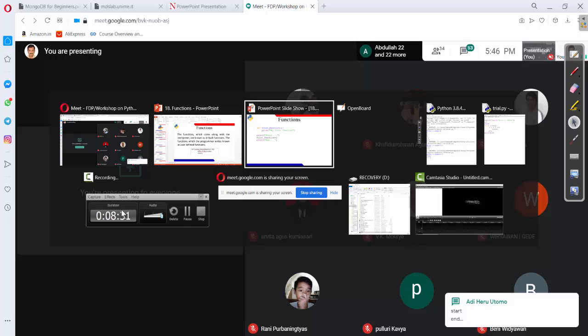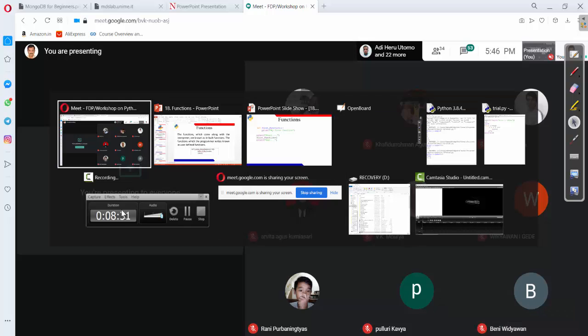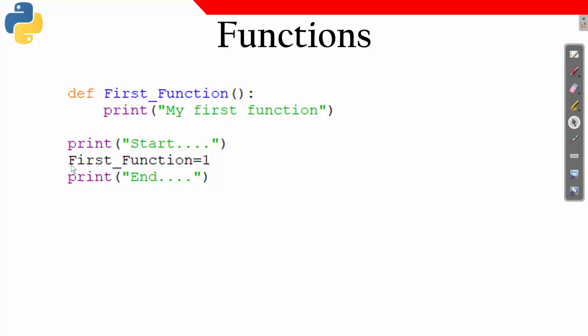Why? Because I have not called the function. Every time I call the function, I must give the brackets. Here, with the same name, I am having a variable. Now this first is treated as a variable, not as a function.